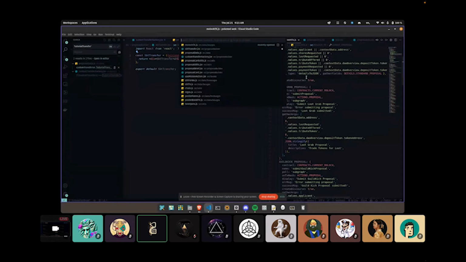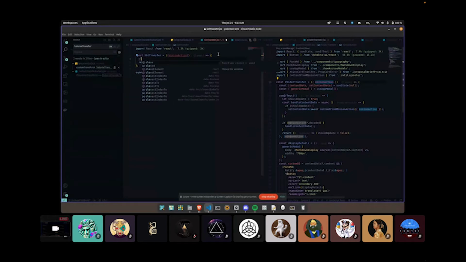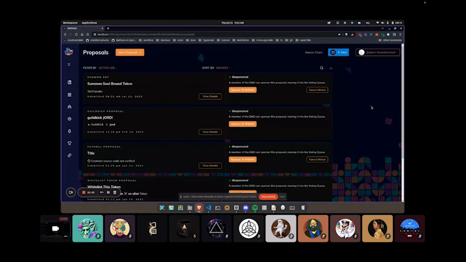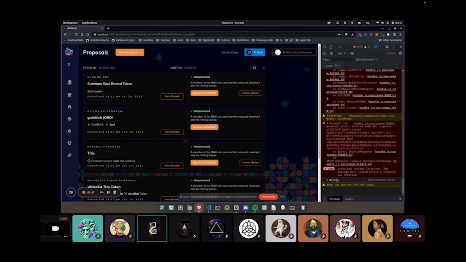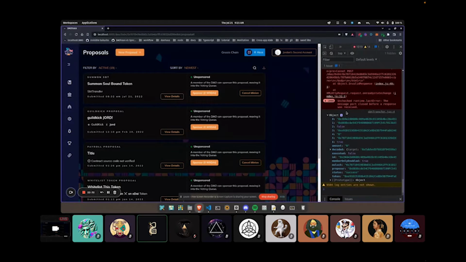Let me take a look at another one here. What about poster transfer? Yeah, poster transfer seems to be pulling in minion action here. Nice. Let's just log out the minion action and see what we get. Ooh. Okay, so we get